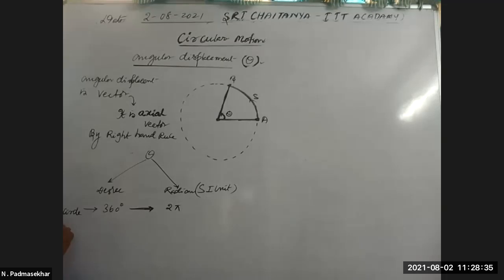Suppose a half circle. Half circle ante what is the angle? 180. 180 ante దీంట్లో half, pi radians. దీంట్లో 1/4 of the circle. 1/4 of the circle means దీంట్లో half, 90. దీంట్లో half is pi by 2 radians. చూడండి, pi by 2 radians.